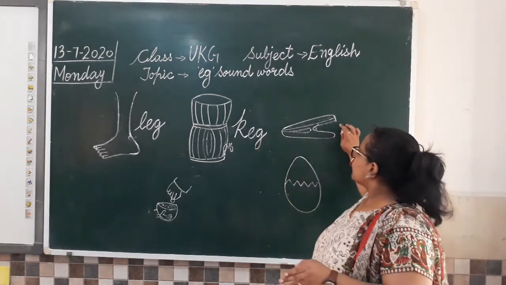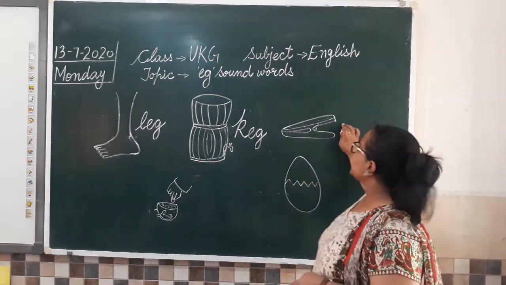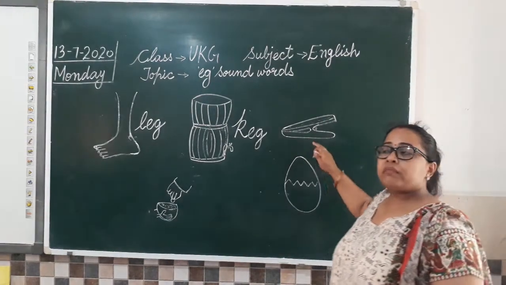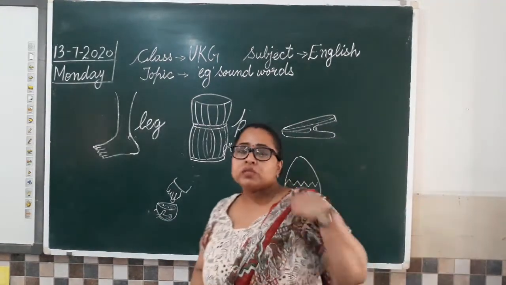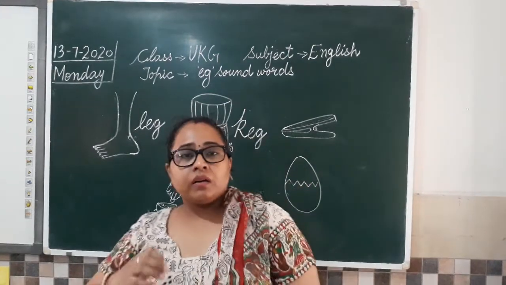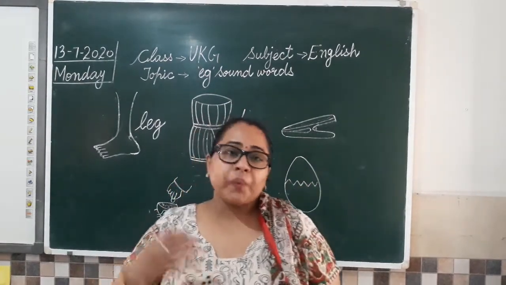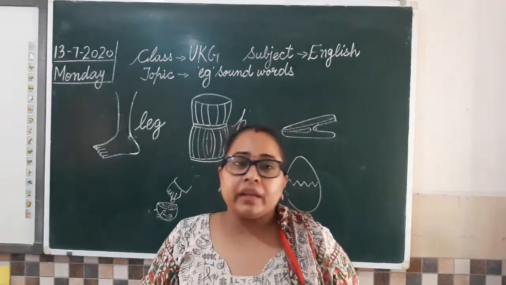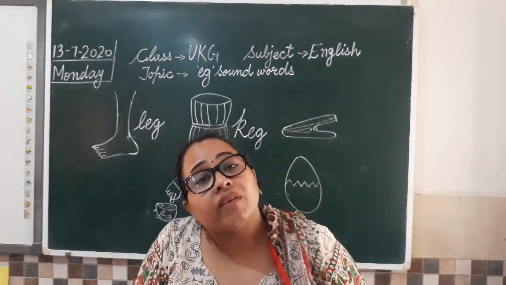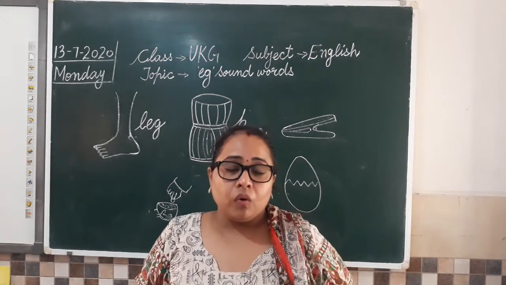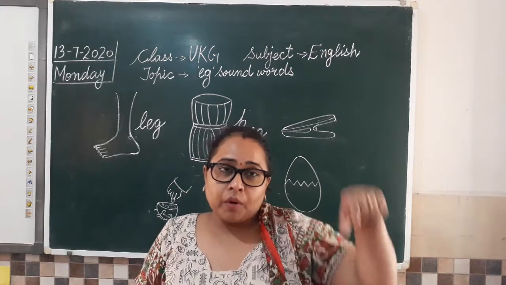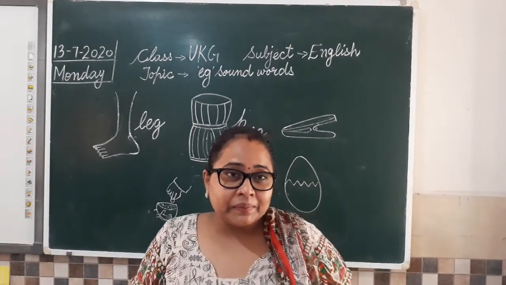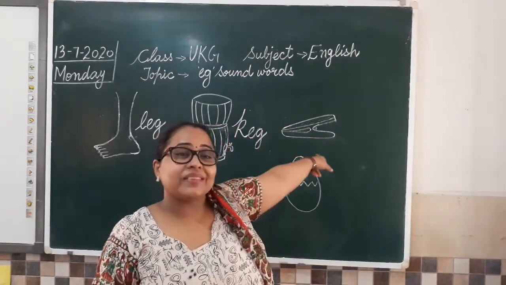Now what is this? Moving to the next picture. Can you tell me what this is? Let me give you some hints. When mama washes clothes, we spread them outside to get them dry. हम उन्हें बाहर सुखाने के लिए रखते हैं. अब बाहर हवा से वो उड़ ना जाए. What does mama do? ममा उनके ऊपर कुछ लगाती हैं. क्या लगाती है? This is that. So what is this?